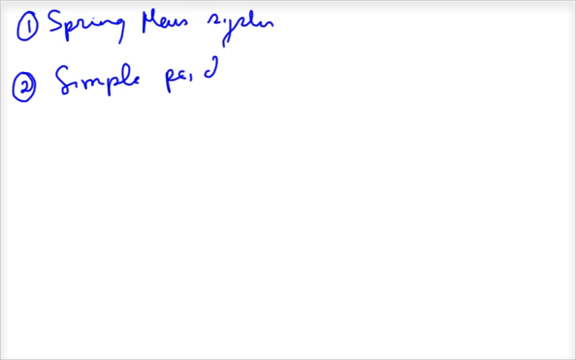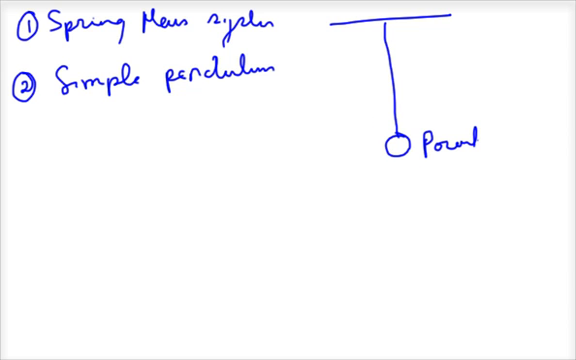Simple pendulum is basically a point mass suspended from a light inextensible string. This is a point mass. It is suspended from a light inextensible string. Let the length of the string be equal to L. Now suppose your